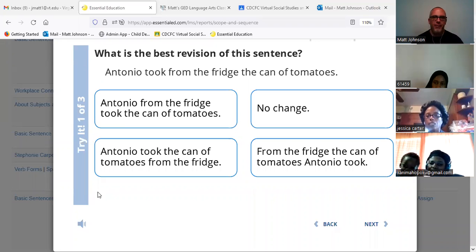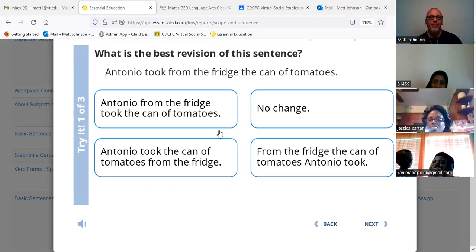C is in cat. Yep. Yeah, right. So Antonio took the can of tomatoes from the fridge. Our first choice there makes it sound like Antonio is coming from the fridge. Antonio from the fridge, like he lives there or something. Took the can of tomatoes. And